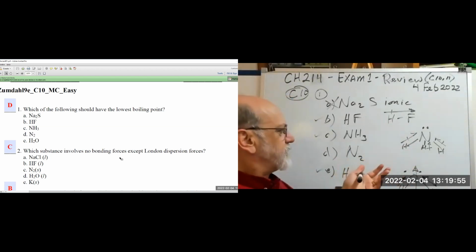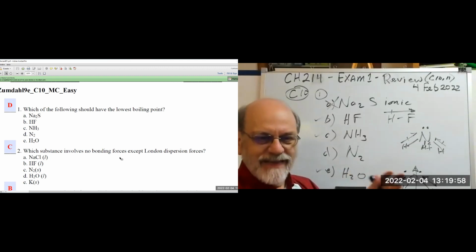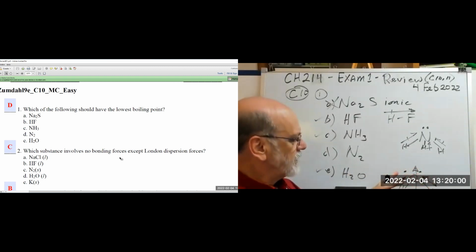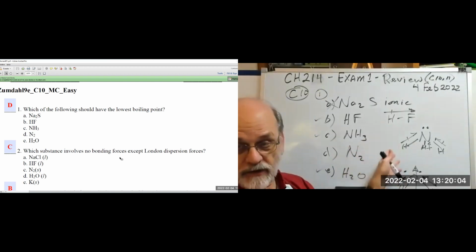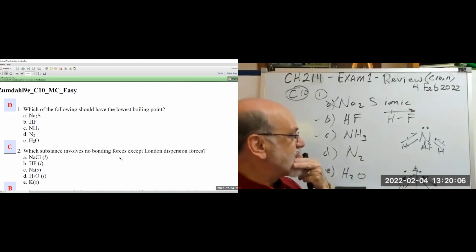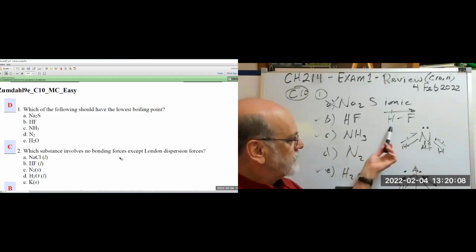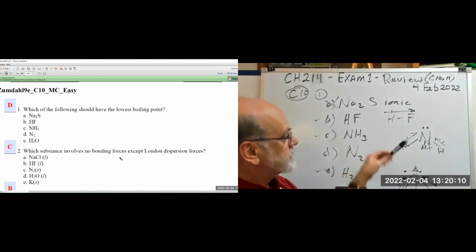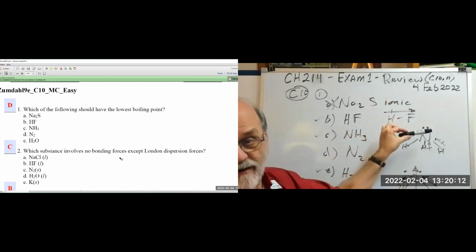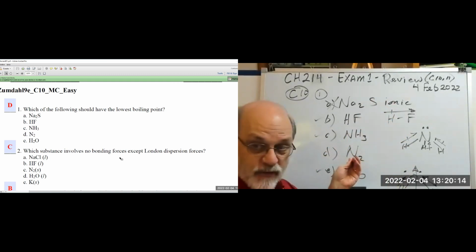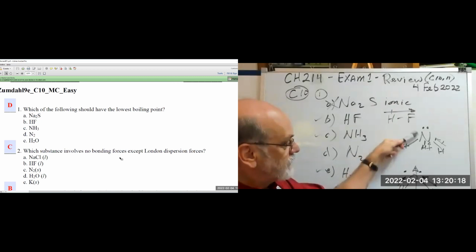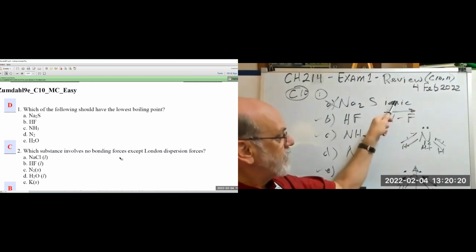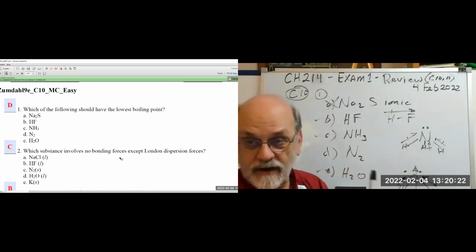Anyway, be that as it may, we don't have to decide which one is which. We just have to say, this one's the strongest, these three are in the middle, and this one is the weakest force, because these are hydrogen bonds, this is ionic, and that one is